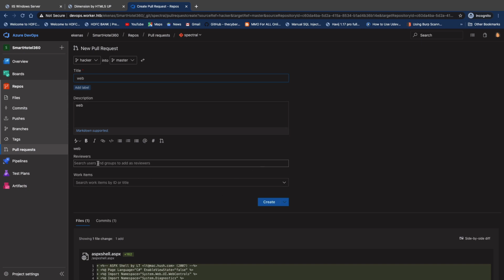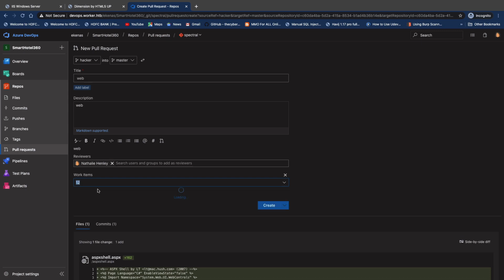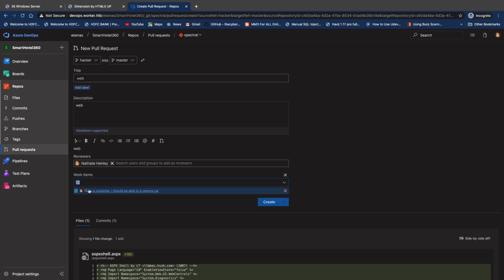And we have a reviewer here, you can see reviewers. I think we got one user, his name is Nathalie, right? So let me search the user NATH, and see if we identify any other thing with this name or not. Yes, we got it. So just click it here, and I'll just type 1 and see if any information is available. Just type 2 also, it is available. Select anything you are convenient with, and just create it.